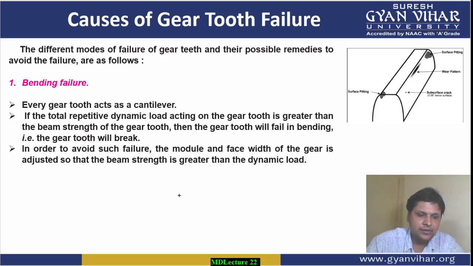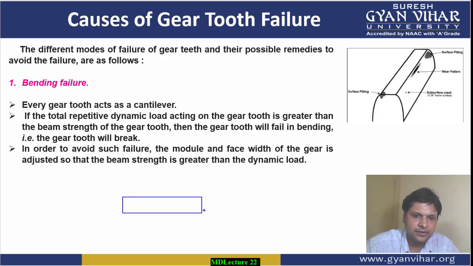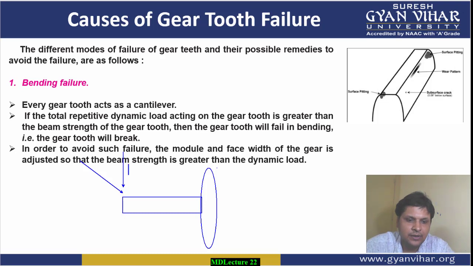You all know, students, for example, in broad sense, to make you understand, if I am making this as a gear tooth and it is fixed here, all right, now when you are applying a tangential load on it, when you are applying a normal load on it, its component in the tangential direction, which is written as WT, this WT load will cause the beam to bend. This tangential load will cause the beam to bend in this way.